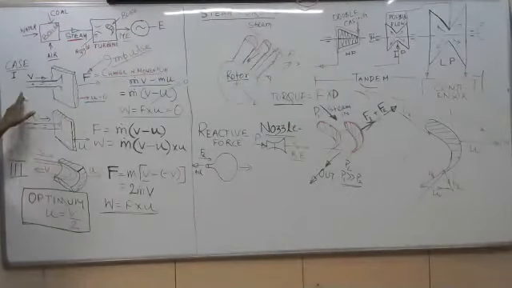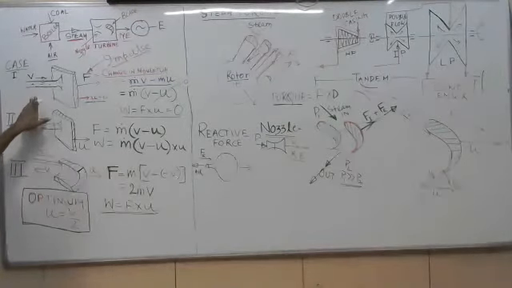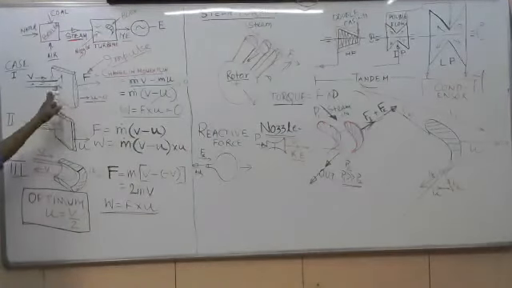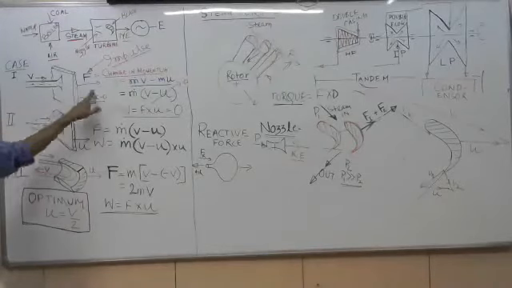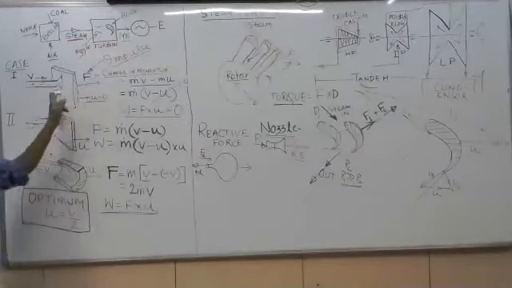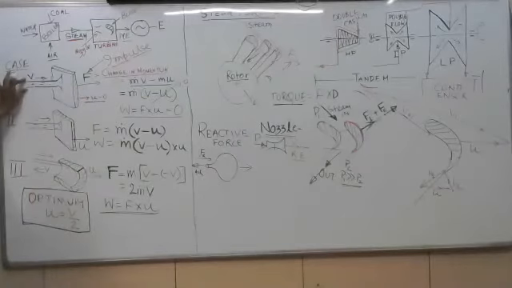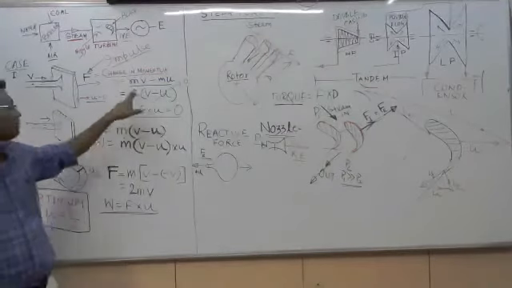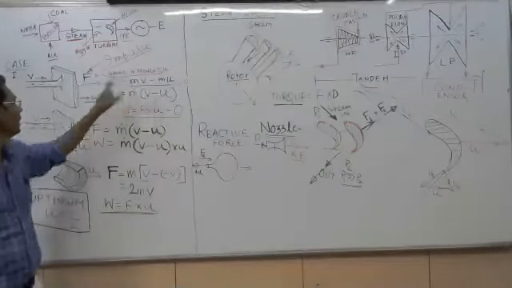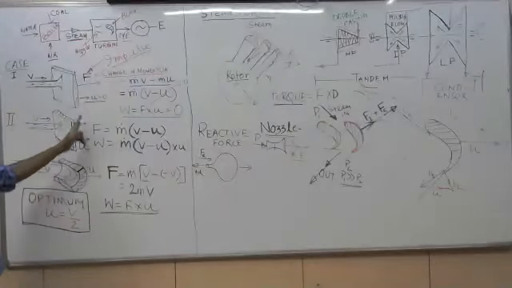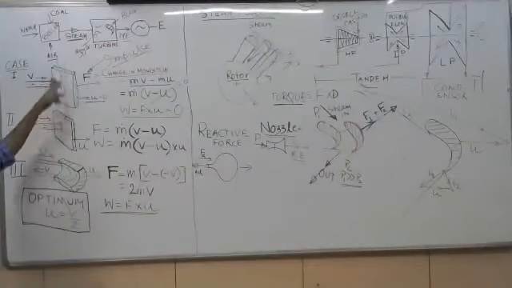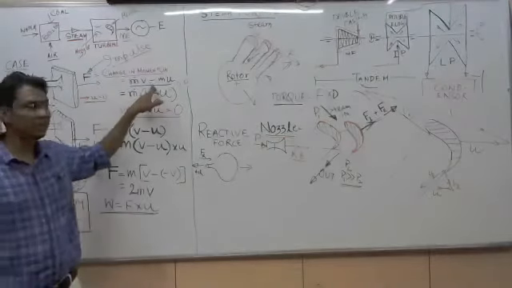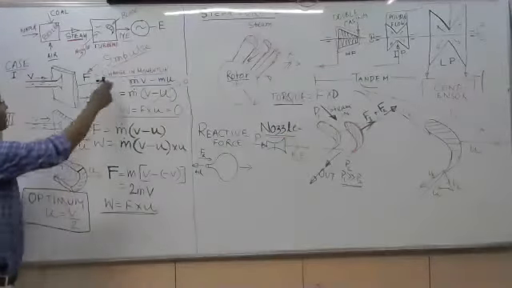The jet is impinging on the plate with the velocity v. In the first case the plate is not moving. So the force experienced by the plate is nothing but the change in momentum in the x direction, the momentum of the mass of the jet with this velocity. The initial velocity is v in the x direction, and the final velocity in the x direction is 0. The jet is impinged and splashed out, so there is no velocity in the direction of the jet. So the change in momentum is mv minus 0, and that is the force exerted on the plate.